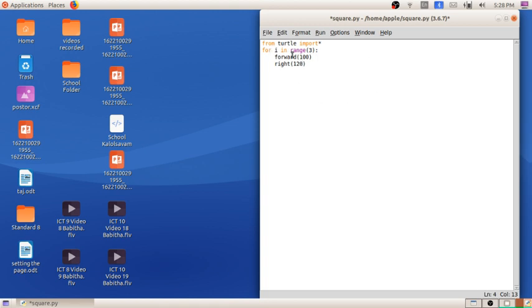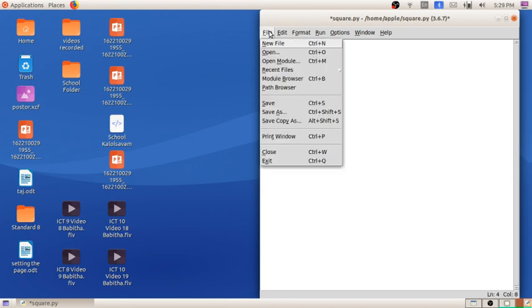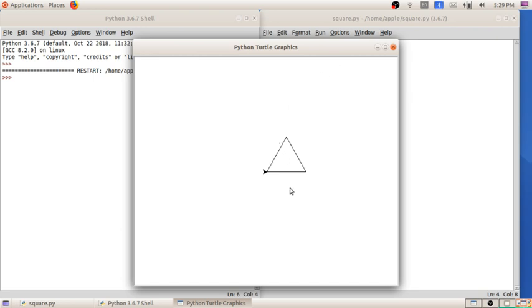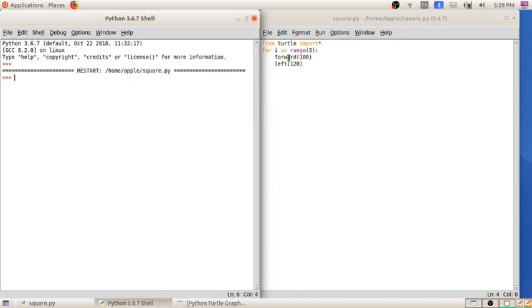Okay, for I in the range of 3, forward of 100, left of 120. The turtle must move at a 120 degree angle in the left direction. Okay, so I am saving this and using the option run module. So here you can see the triangle forms. So instead of writing this forward and left 3 times, we can put it in the loop.